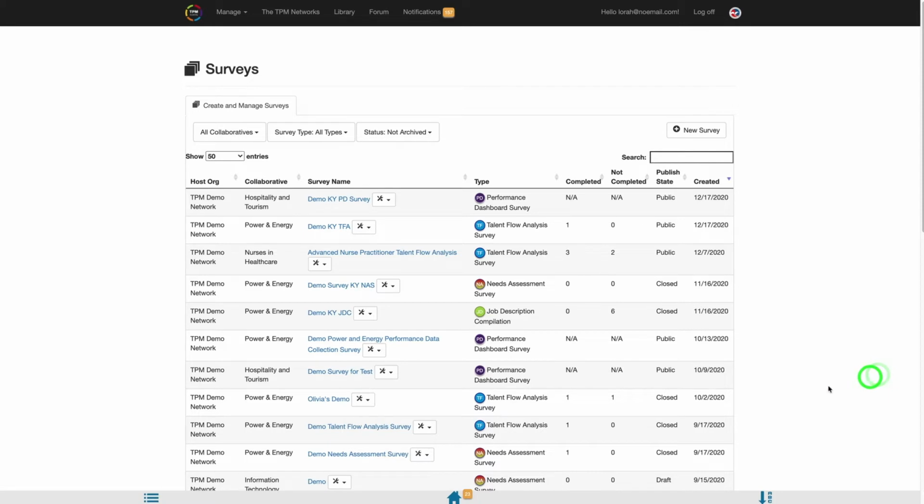For closed and draft surveys, you can use the Settings button to archive surveys you are no longer using, clone a copy of an existing survey, or edit the survey. For public surveys, the Settings button will allow you to clone a copy of an existing survey or edit the survey. If you select the Edit option for a public or closed survey, you will be directed into the Survey